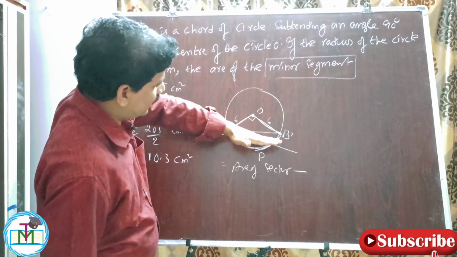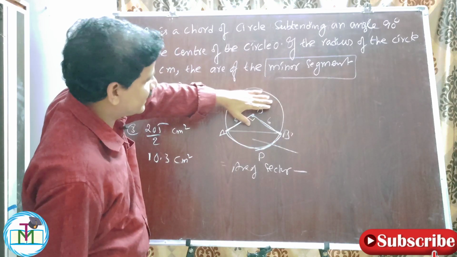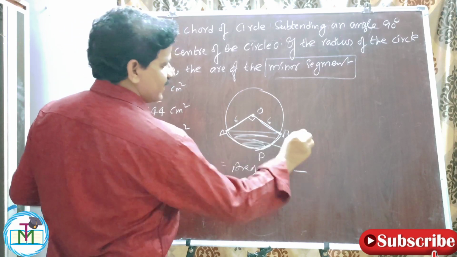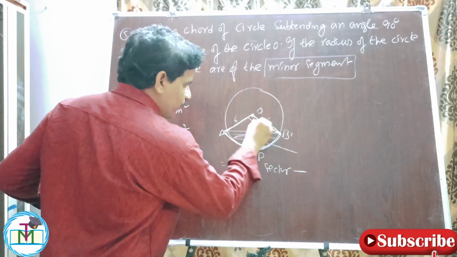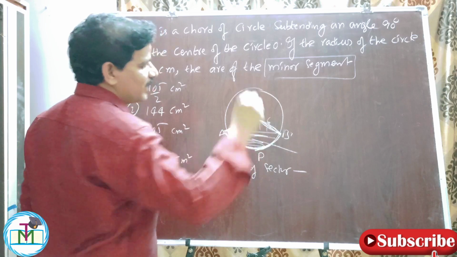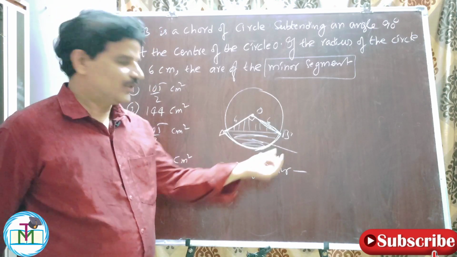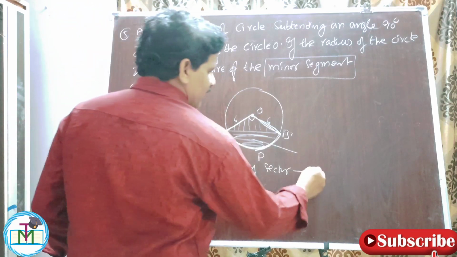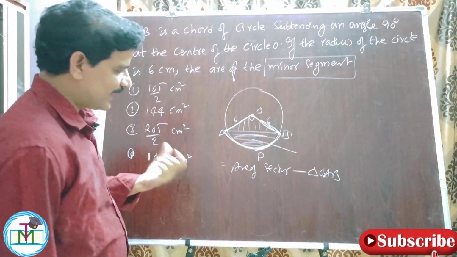The part of the circle above the chord is the major segment. Therefore this is the minor segment. I want APB. I want this much area. This is given by the sector area OAPB minus, I should delete this, the area of the triangle, so that I can get the area of the minor segment APB. Therefore, area of the sector OAPB minus area of the triangle OAB. So immediately we should recall that formula.